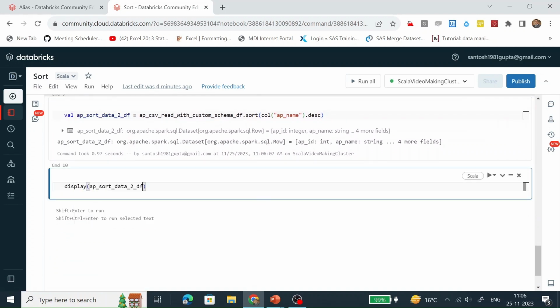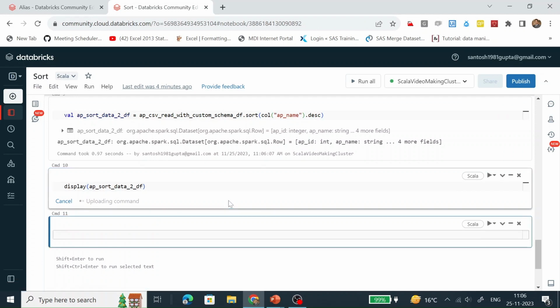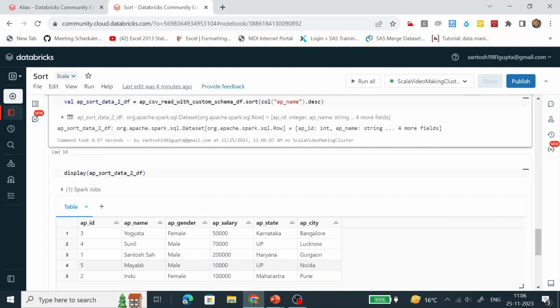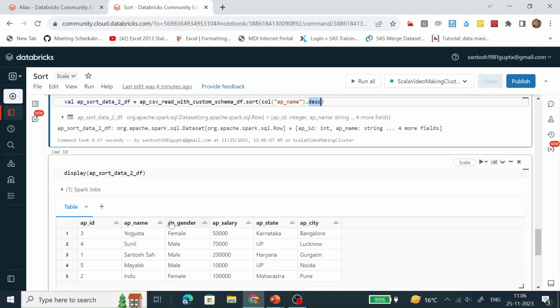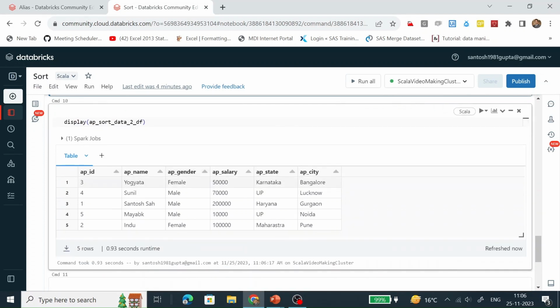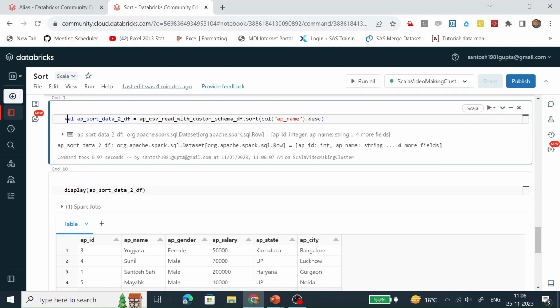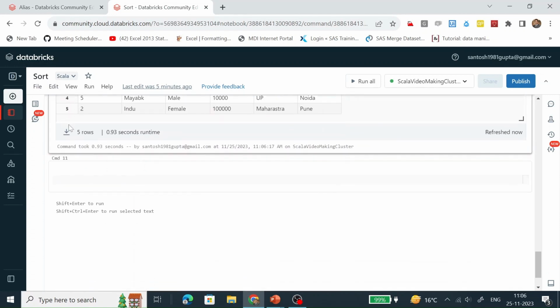Let's display the content of this data frame. We can see here this AP column is sorted in descending way. That's why Y is coming first and I is coming last. Now the AP column is a string type.